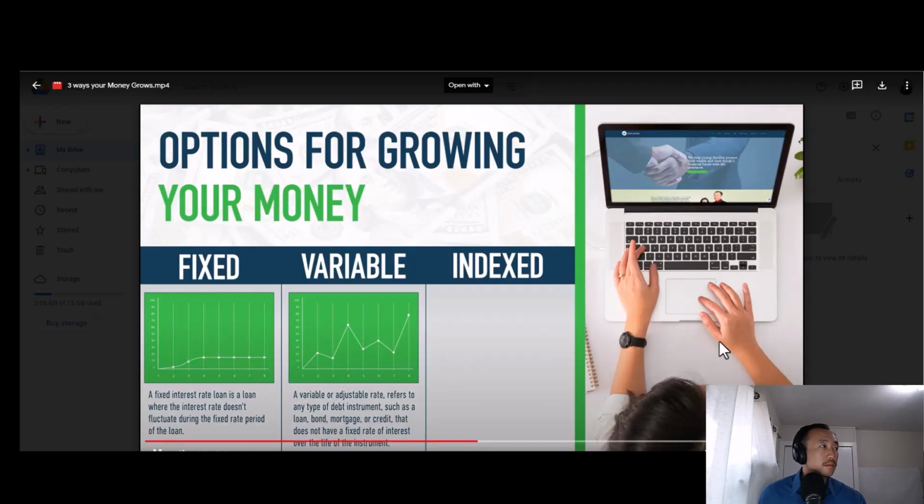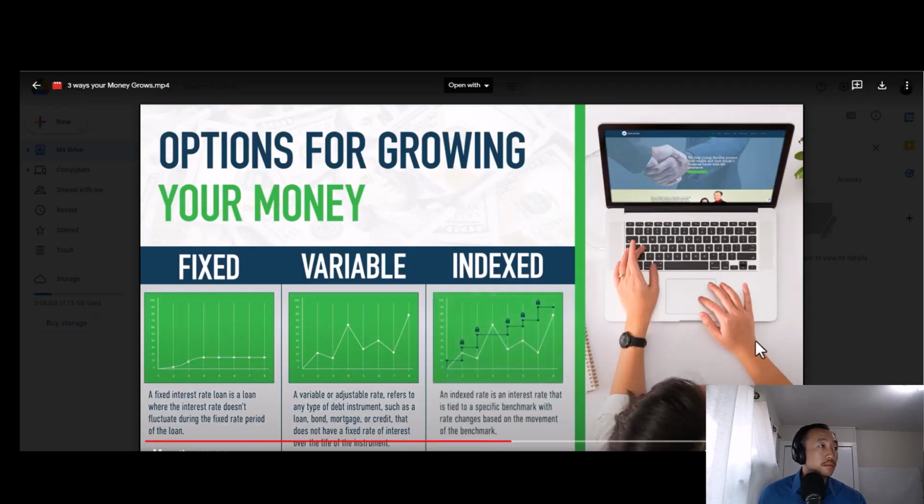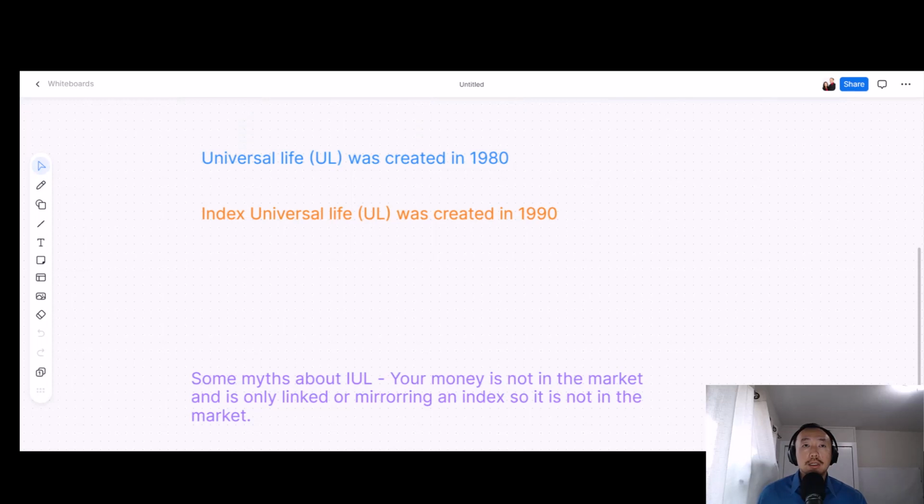It's unpredictable or volatile. Then there's an indexed rate of return, where your money will mirror an index in the market. So when the market goes up, your money will go up. But when the market is down, you'll get full protection against loss. So you lock in that rate and you never lose any money. When the market goes up again, your money will go up like a staircase. There's also a cap or maximum which can limit your growth. You can say that more growth comes with more risks. You'll have to find a sweet spot along the way. Then I'll show you shortly what using an index strategy will look like with numbers, and I'll draw it out so you could understand the concept later on in this video.